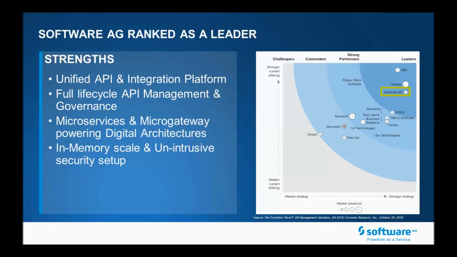How do we do in the market? Well, the latest rankings from both Gartner and Forrester place us as leaders. So we're very proud of that. Make sure to check it out. There's some insightful information about us and other vendors. As you can see, we're doing pretty well, and I hope you'll get a chance to see some of that in action.